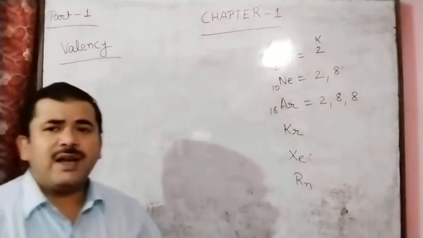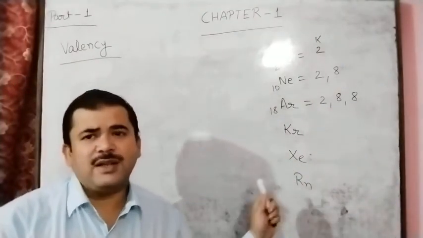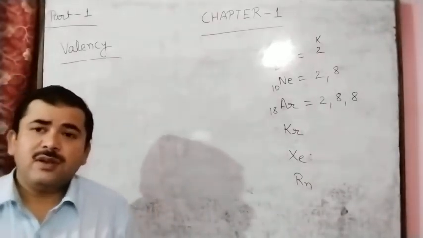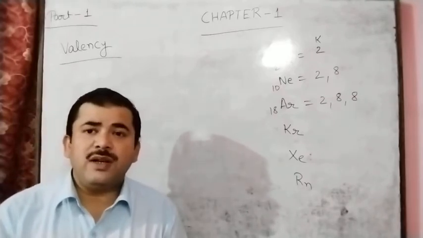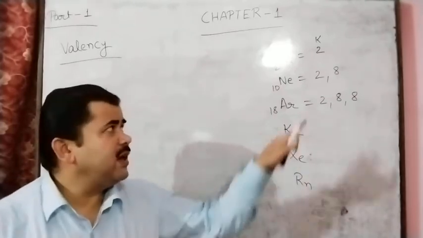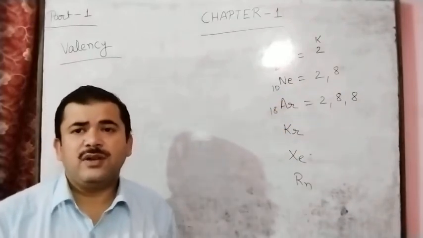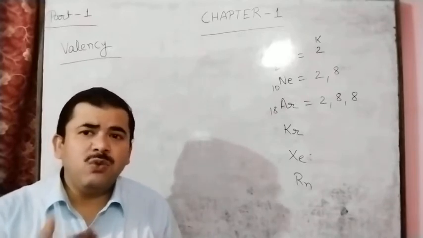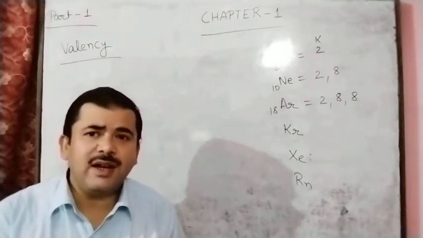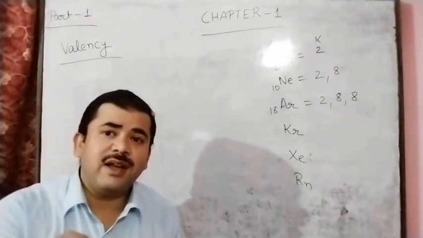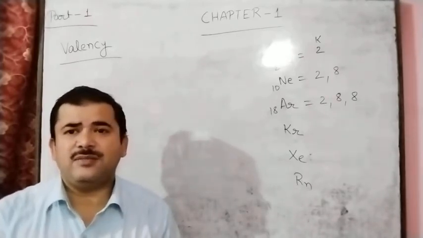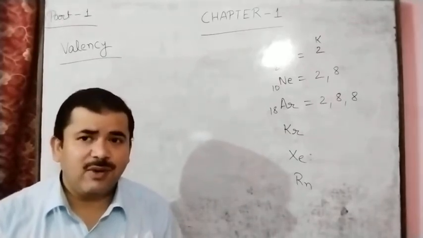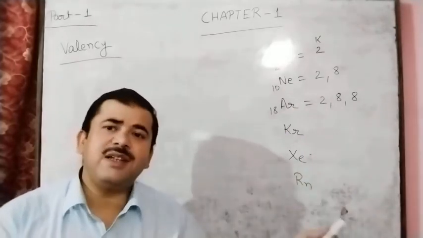And we can say noble gas elements are inert gas elements, and the other elements are unstable and want to become stable just like the noble gas elements. So for stability, these elements lose electrons, gain electrons, or share electrons so as to complete the nearest noble gas electronic configuration. Other elements acquire the noble gas electronic configuration for stability, because the noble gases are totally stable.